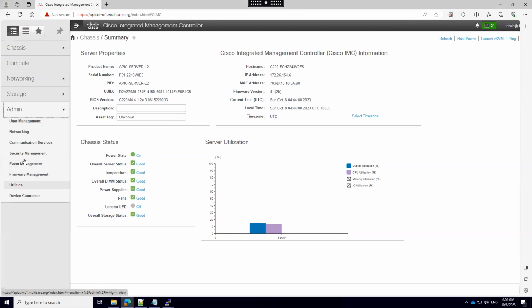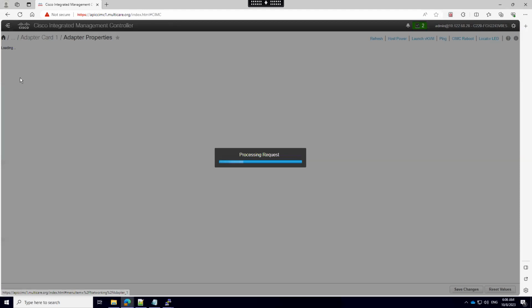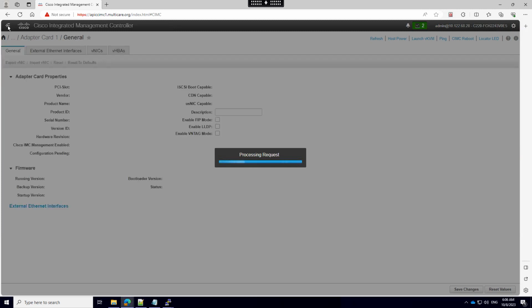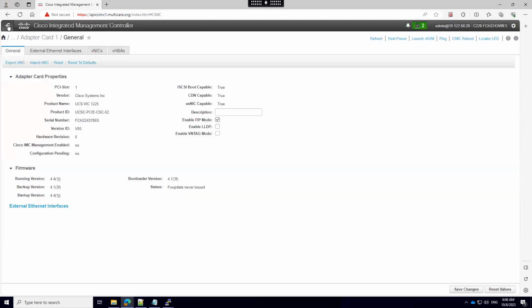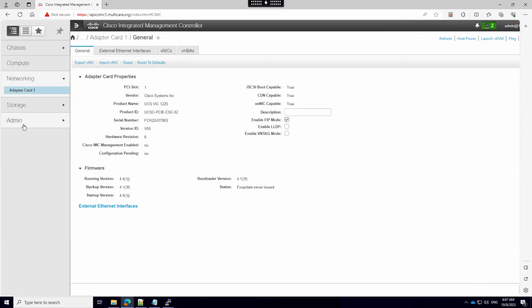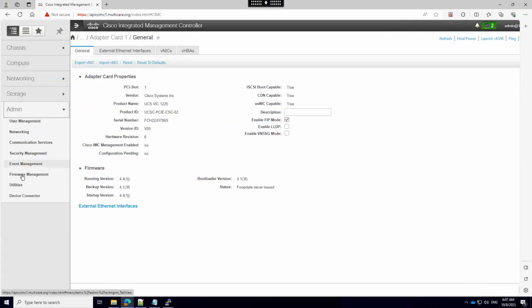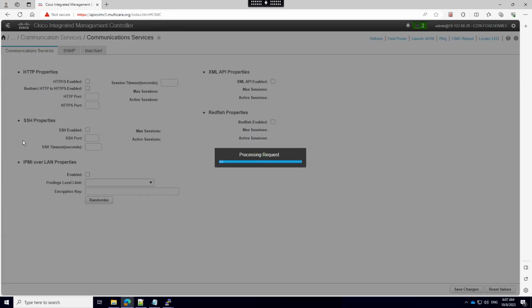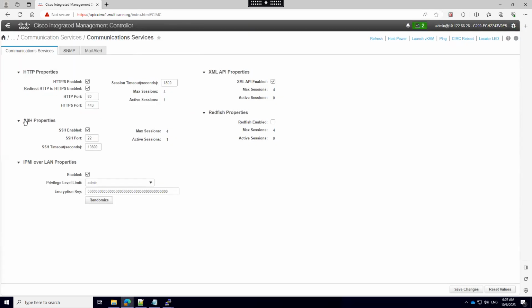In the graphical interface, under admin and communication services, you will see that SSH is enabled.